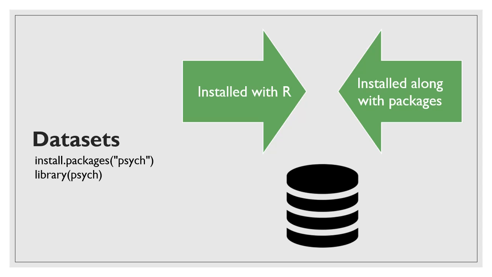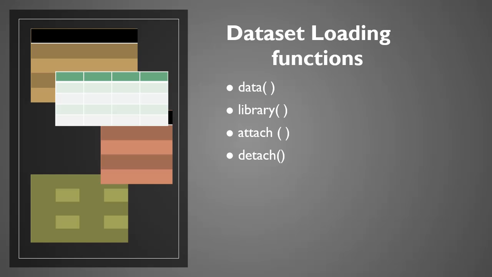About 100 datasets are installed along with R. Many others come along with various packages. They would be available after we install the packages using the install.packages function, and after loading these packages into memory using the library function. R provides some functions to help us view the list of datasets readily available, and those that come along with packages. Before we can see these commands in action in RStudio, let us get to know some of these datasets.